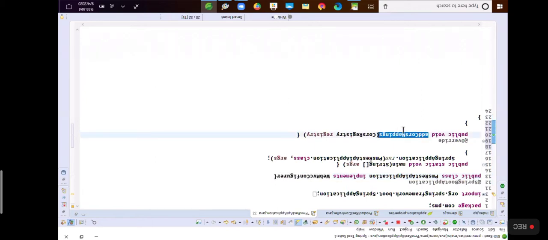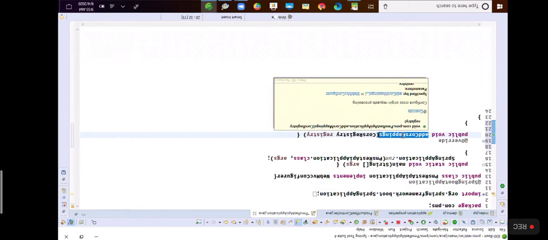Now this is nothing but you are going to enable CORS support globally for your entire Spring Boot application. Your Spring Boot application may have any number of endpoints, any number of REST controller classes, but all the endpoints of all the REST controllers are enabled with CORS support. This is called global.